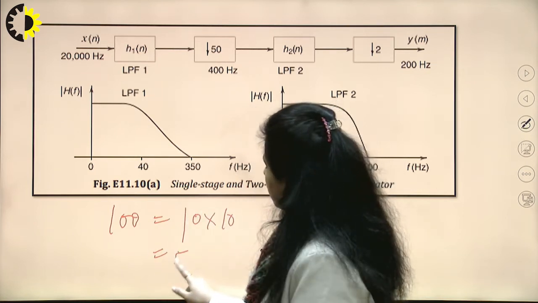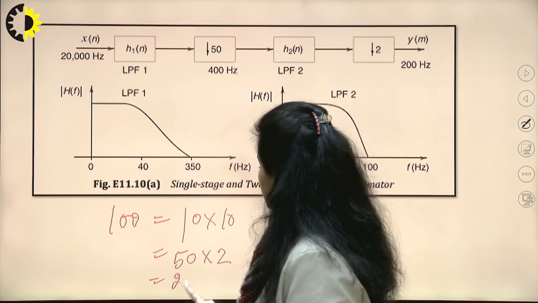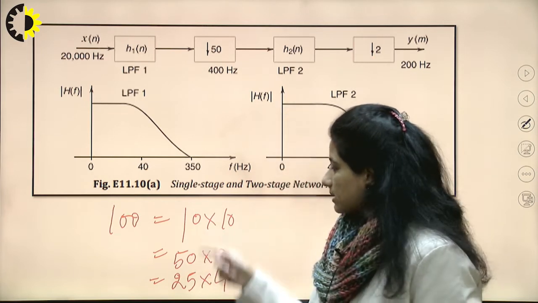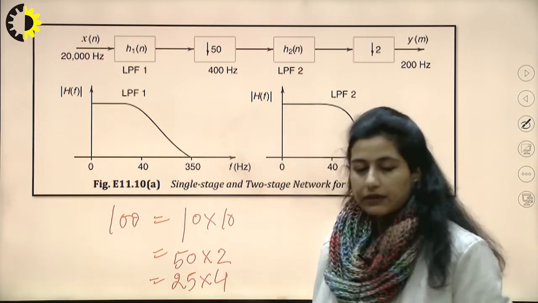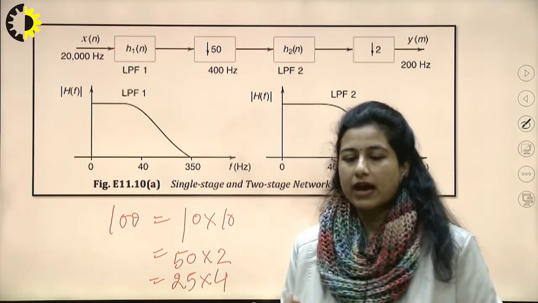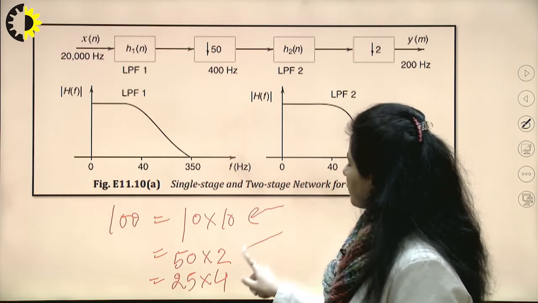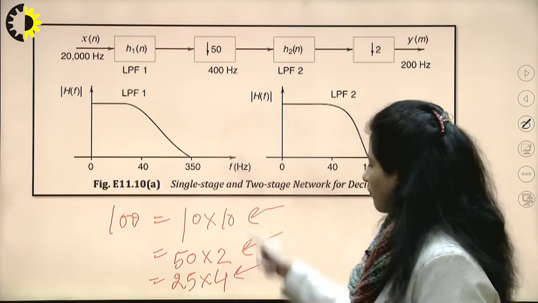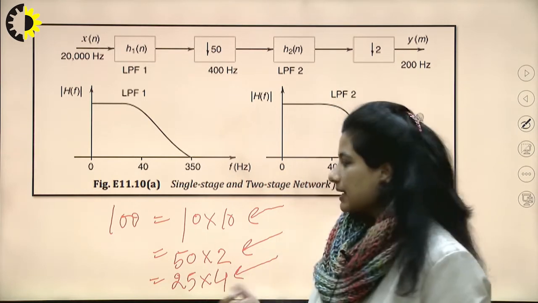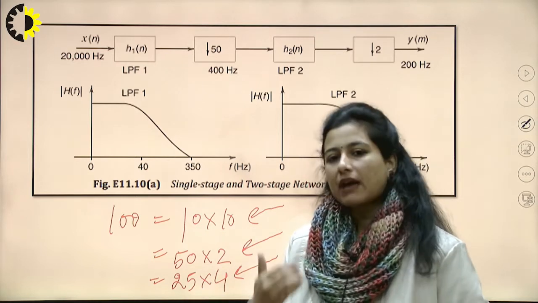It can be chosen as 50 into 2. We can choose 25 into 4. But as per our discussion, there would be certain values of the factor for which we can have a reverse effect. The advantages would have converted into disadvantages. So we would have to see in software first which combination of these factors is giving me the maximum advantage, and then after testing all this combination and all other possible combinations as well, I would implement the structure